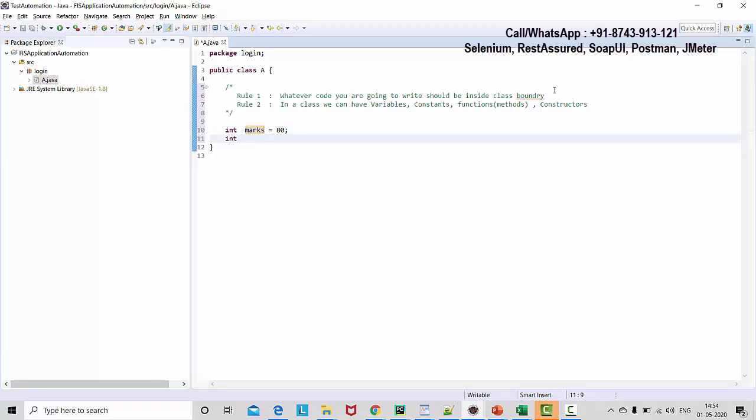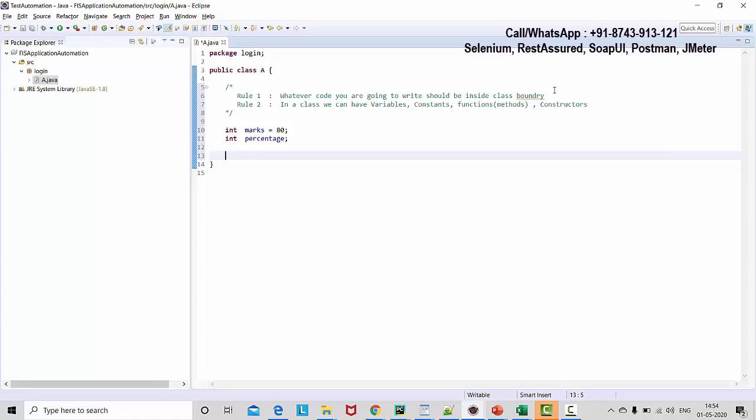So I'm creating one more variable like percentage, and I'm also taking it as an integer, meaning I don't want to store decimal values. So I'm creating one more variable percentage, but as of now I do not have a percentage value. So whenever we are creating a variable, it's not mandatory to give an initial value. If you have an initial value, give it over here. If you don't have an initial value, just leave it blank. Later on we can change it. So we can create any number of variables over here.